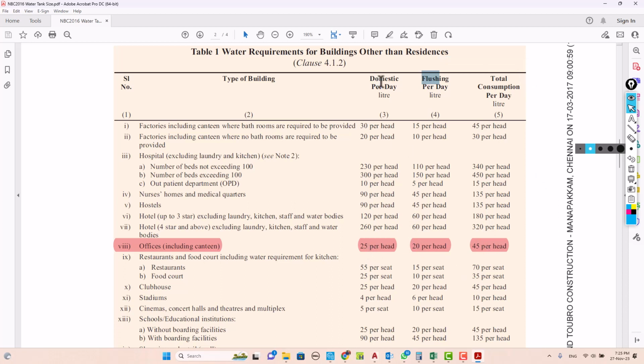What is domestic? See, domestic water, okay, is drinking or cooking, right? And non-domestic